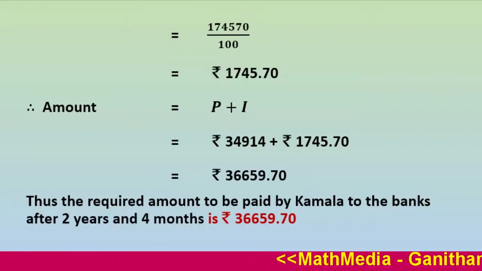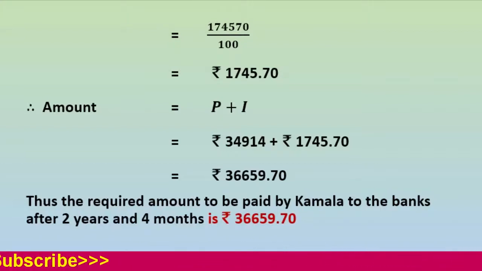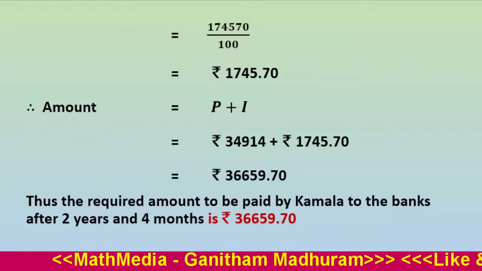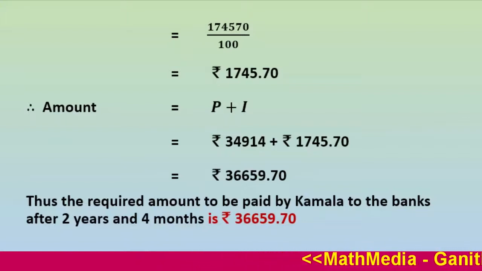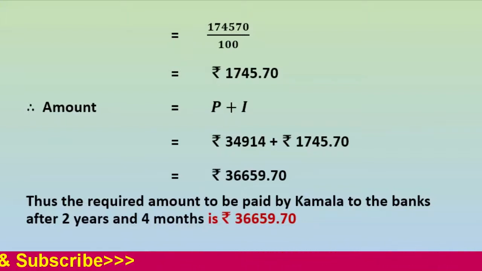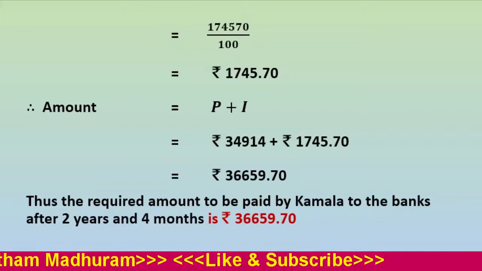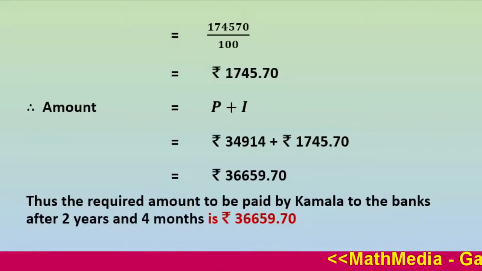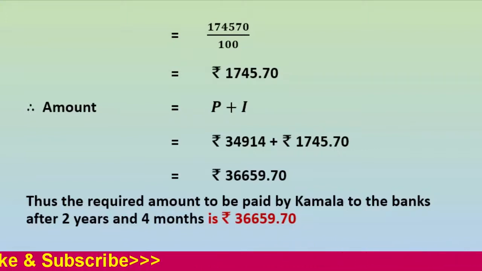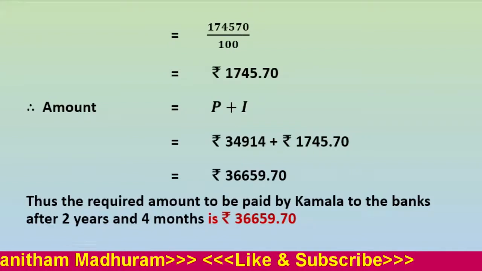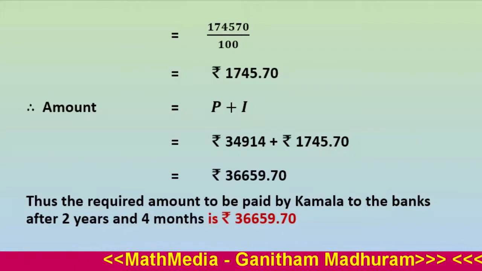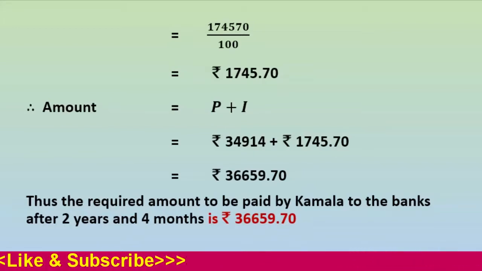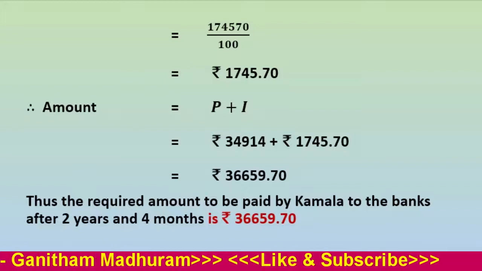In such case the whole year you can calculate by, here the whole years we are getting is 2 years and the remaining is 4 months. That can be calculated by using the formula of compound amount A equal to P into 1 plus R upon 100 whole raised to N. And the remaining period can be calculated by using the formula of simple interest. While taking simple interest, the compound amount will become our principal. This only you have to take care.